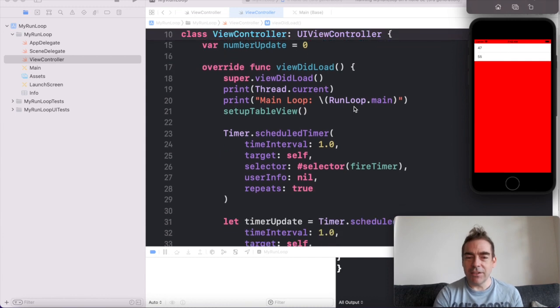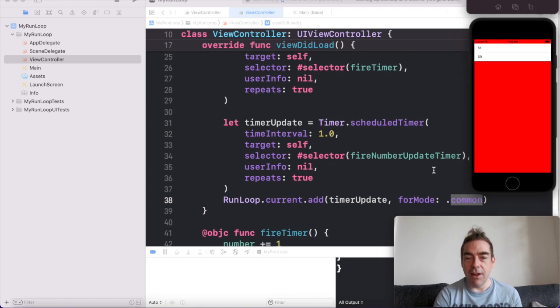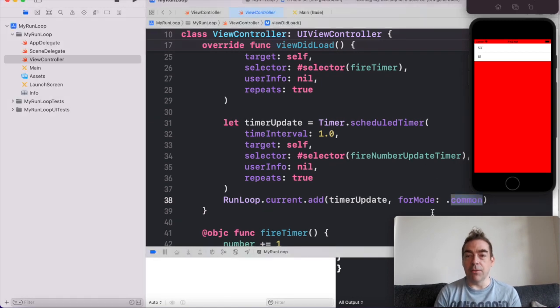Well, just having it on the run loop isn't enough. You need to specify, to keep the timer running, that the mode is common. And that's because when you're using the run loop, when you're using the thread, the run loop handles these events, and when the interaction with the user is paused or not. So you need to tell the system that you still want this timer to run when the user is interacting